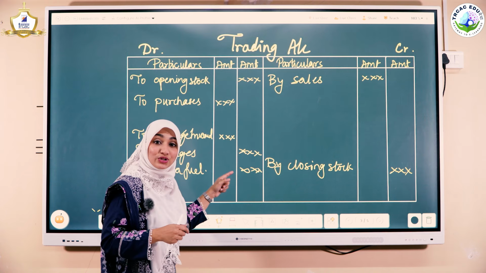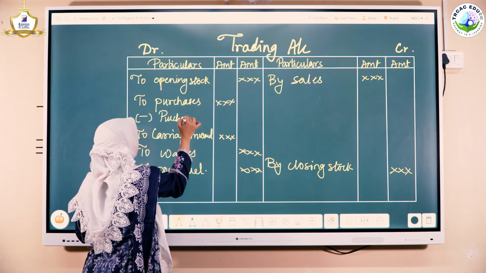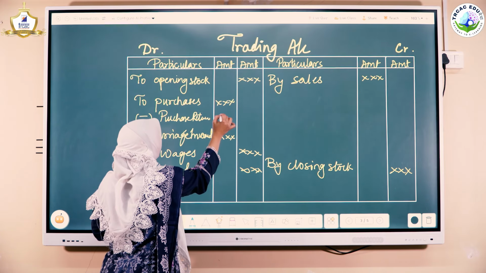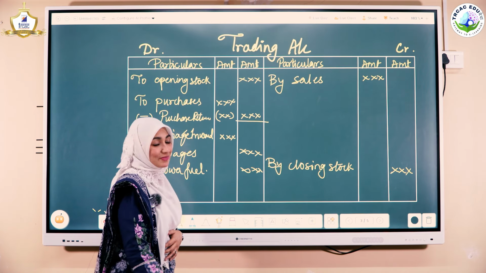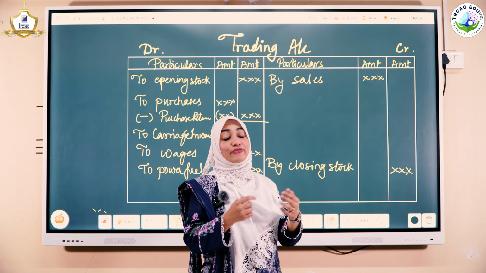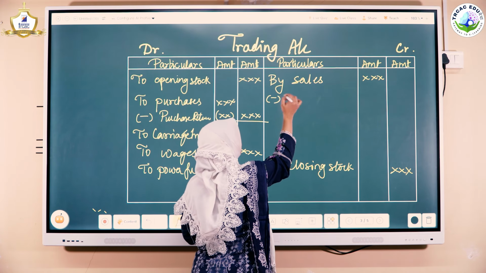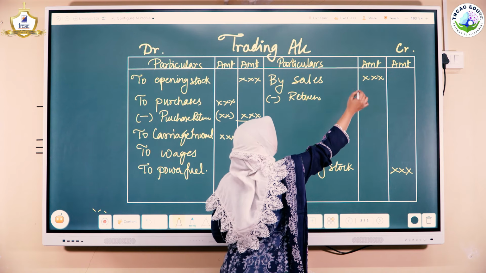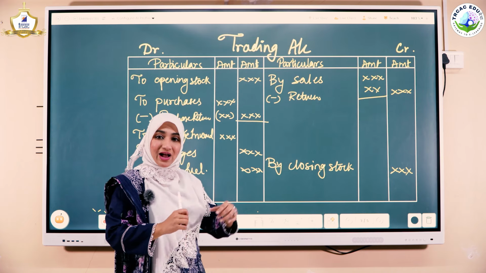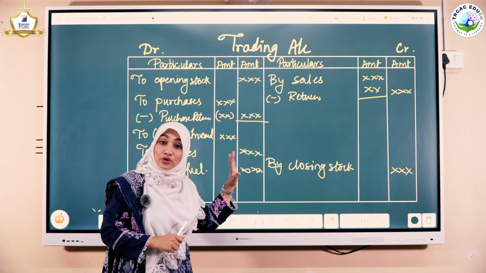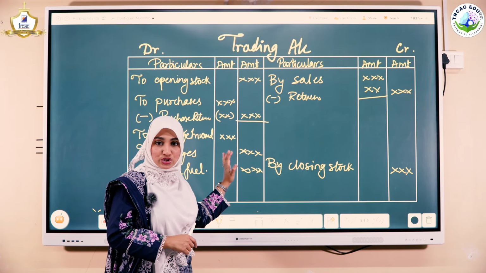Correct. That is why we have created two columns. So from purchases, we will less purchase return. It will get deducted and the final amount will come in the outer column. Similarly with sales, if you are selling something, might be you will get return sometime. So again here, less return. Final amount will go to the outer column. These are the important elements which usually come 90% into the examination.